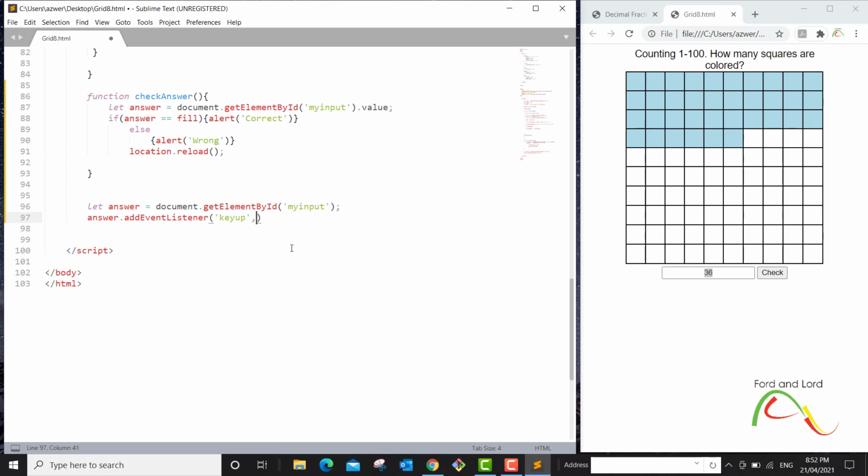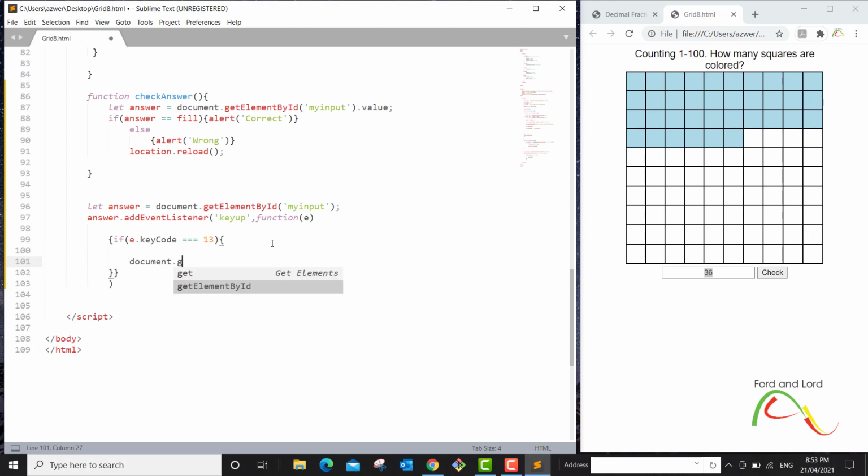And on this key up event I want to run a function, and I will say E. I'm referring to this function, and an opening and a closing curly bracket, and I want to say if E key code is equal to 13. The key code 13 refers to enter key. If we are saying that if the key that has been pressed and released is 13, then